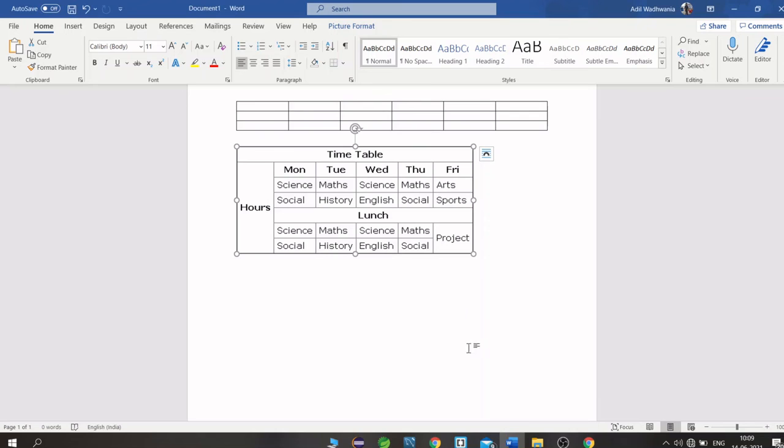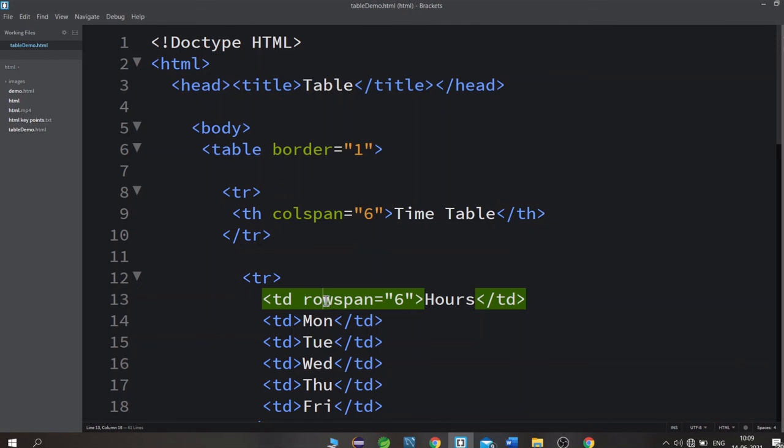And the second thing we saw is row span. In row span, here the hours, you can see it's taking the rows, not the columns. So we need to write row span 6 inside the hours. So this is what row span and col span is.